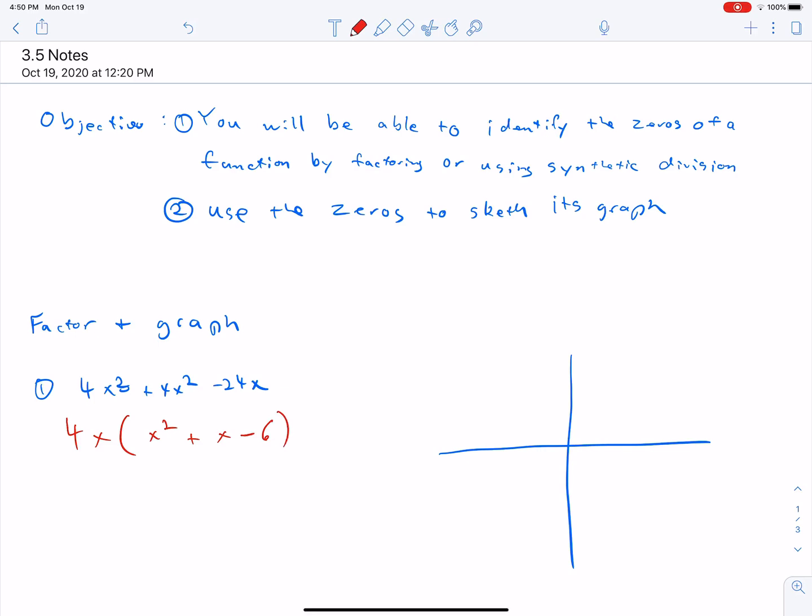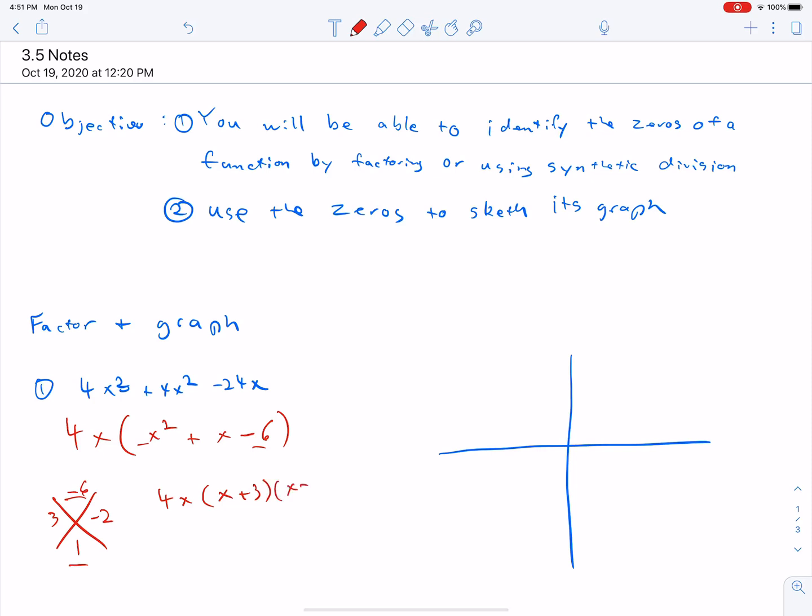Now when we look at that, we should be able to see that this is something that can be factored. We're going to multiply a times c. That's negative 6. Our b is 1. So when we factor this, we're going to end up with 3 and negative 2, because 3 times negative 2 is negative 6, and 3 minus 2 is 1. So we can factor this out, and we end up with 4x times x plus 3